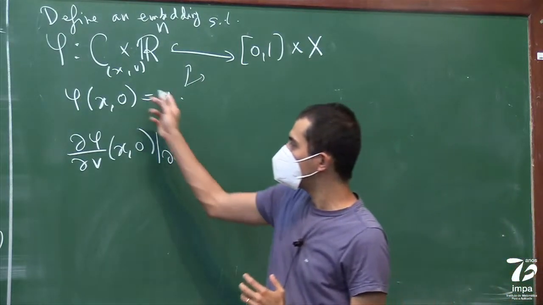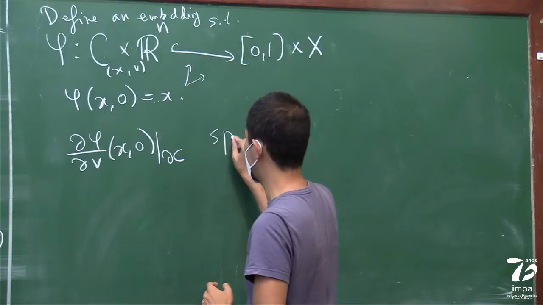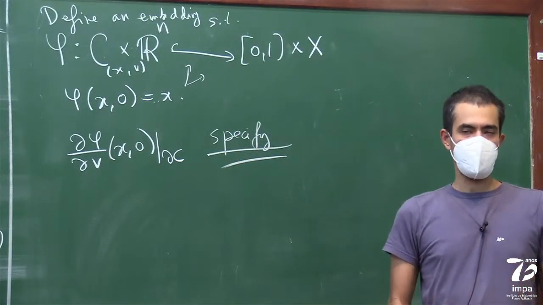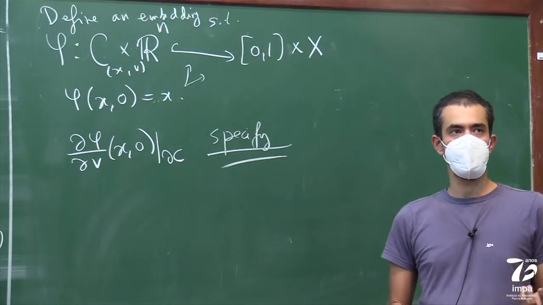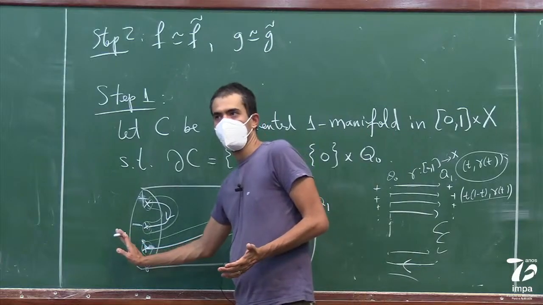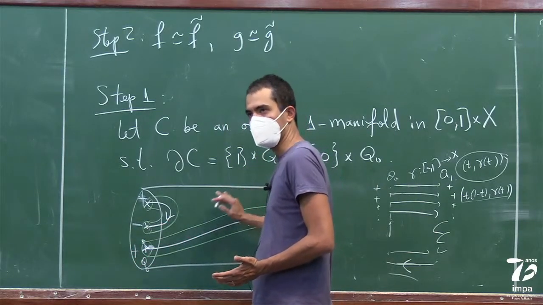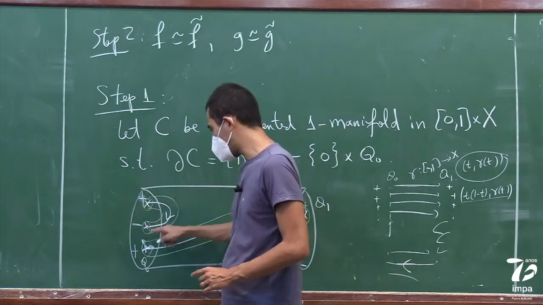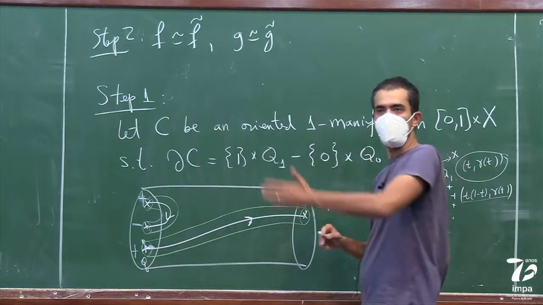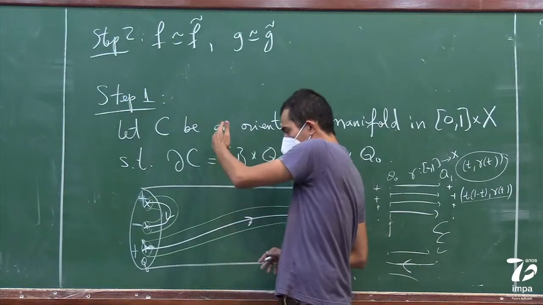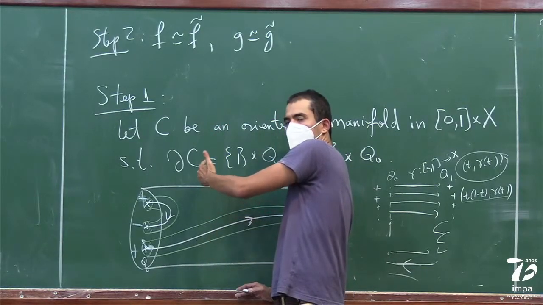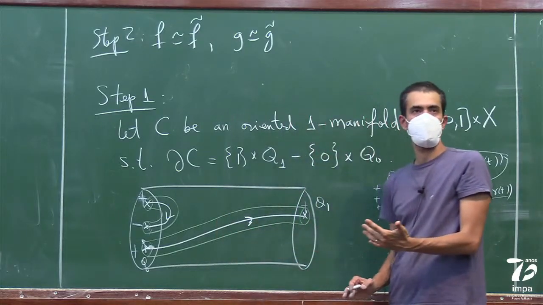So one way to construct this. I want to specify this. I'm going to say a few words about this later. But why can we even do this if we specify that? That's because we can look at the normal vector field to this curve. For these curves that start from 0 and go all the way to 1, we can assume the normal vector space is basically a copy of the tangent space